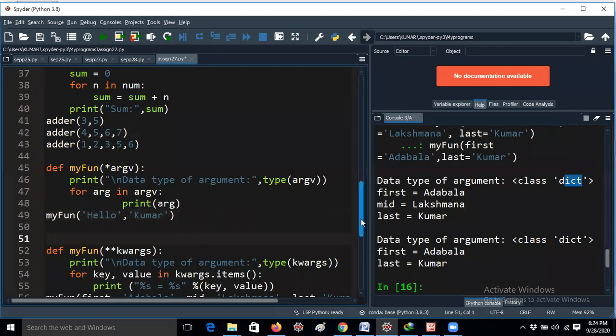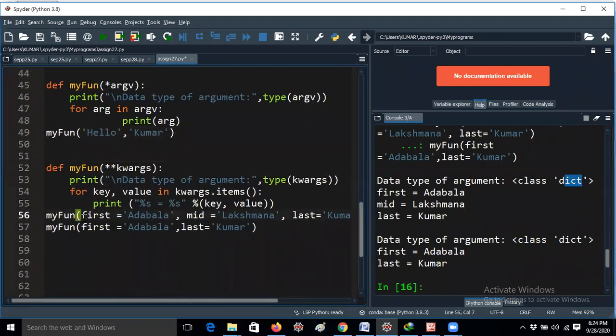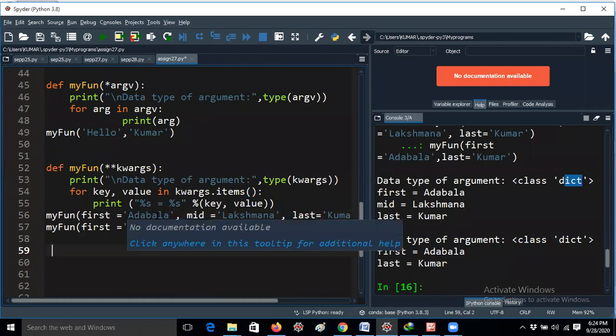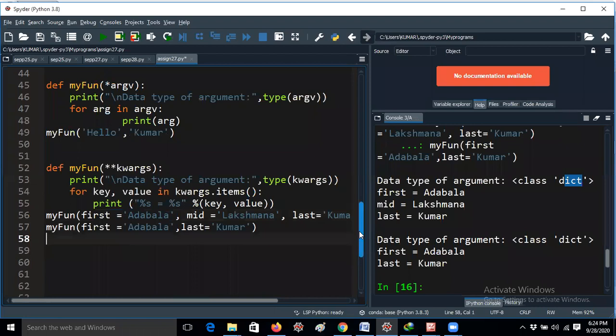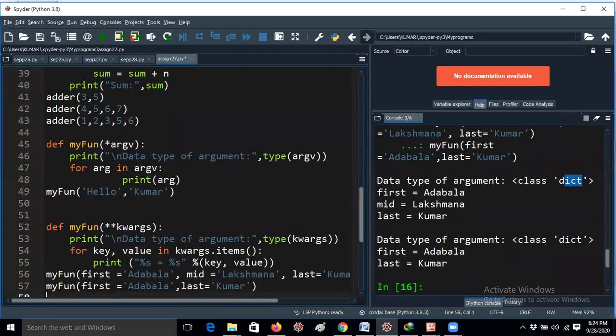But in this example, you will have a keyword, like keyword means this is the key value pair like this. Okay. So keyword arguments are nothing but you want to assign the value to some particular variable. If you are declaring a equal to 10 in this, that is nothing but a keyword argument. Okay. So you have to understand very carefully. If I am giving 3 comma 5 hello comma Kumar, these are nothing but only arguments. These are the keyword arguments.